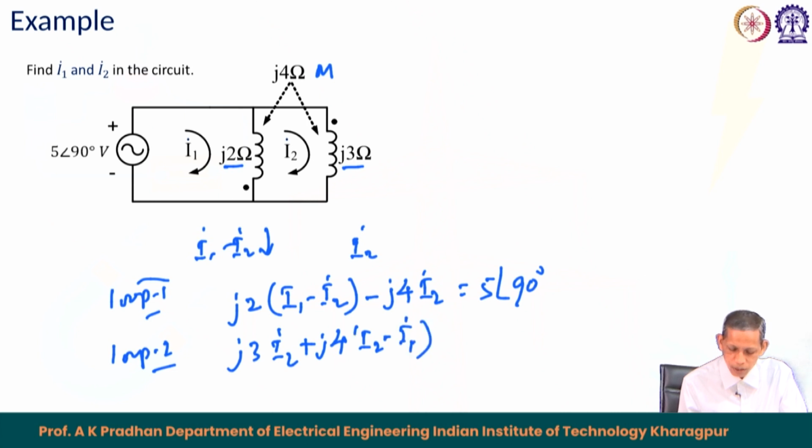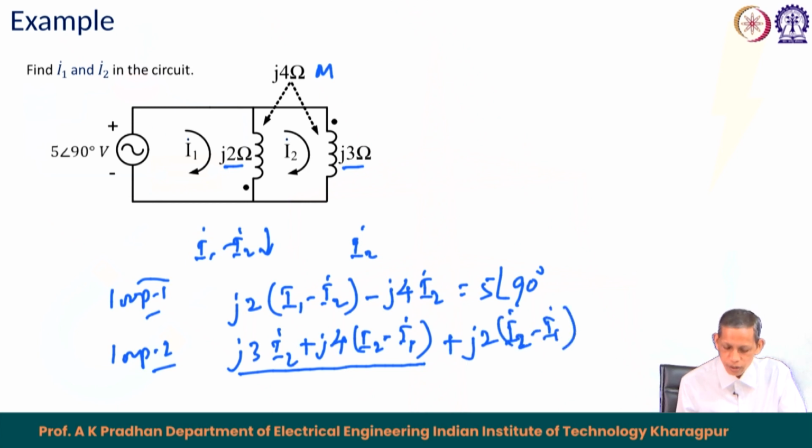So, this is I2 minus I1. This part is nothing but for the j3 ohm. Now, I will write for the j2. Similarly, for j2 the corresponding self voltage drop is j2 (I2 minus I1) in